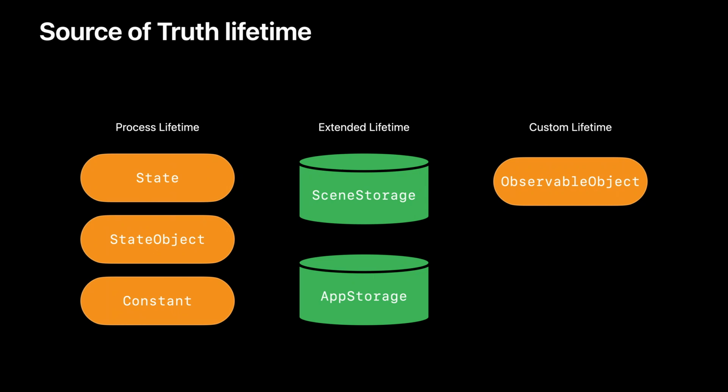And together, these tools form a family that gives you a high degree of freedom to choose what best suits your needs. We've seen a lot of tools and uses of them today, but the main takeaway is that there isn't a one-size-fits-all tool. Each has its own set of traits, so a typical app will use a variety of tools. We've done just that in our Book Club app. We've used State for buttons in our progress view, State Object for our currently reading model, Scene Storage for our selection, and App Storage for our settings.